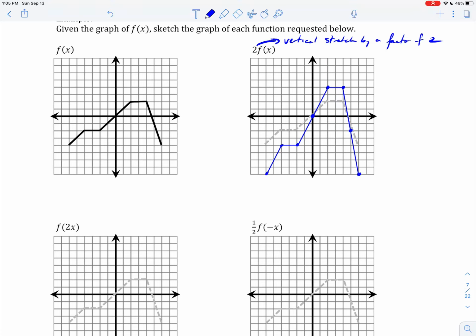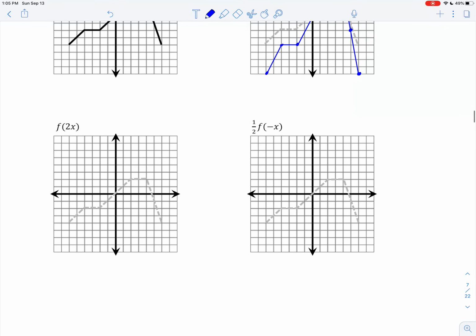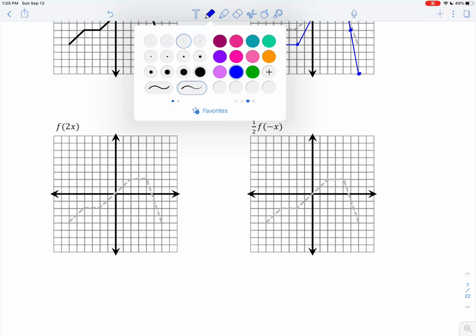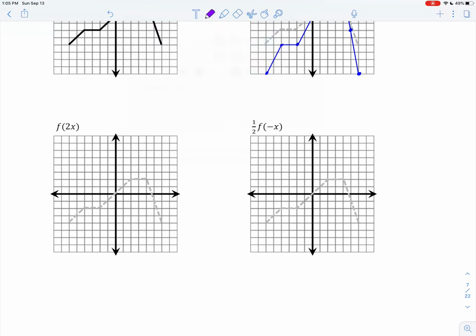That's that one. So we can see how it was stretched over the x-axis. And this next one, I see this as a horizontal compression by a factor of 2, which means I'm going to take my x values, divide them by